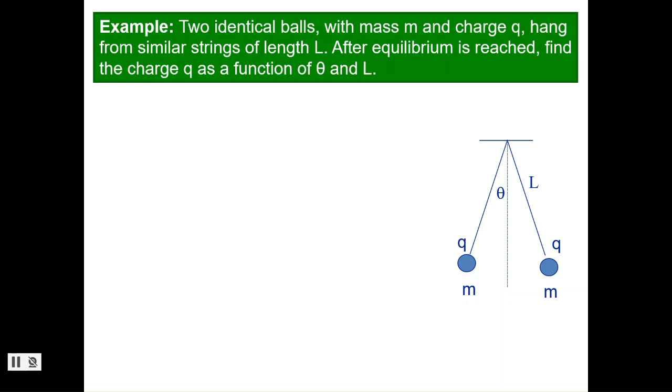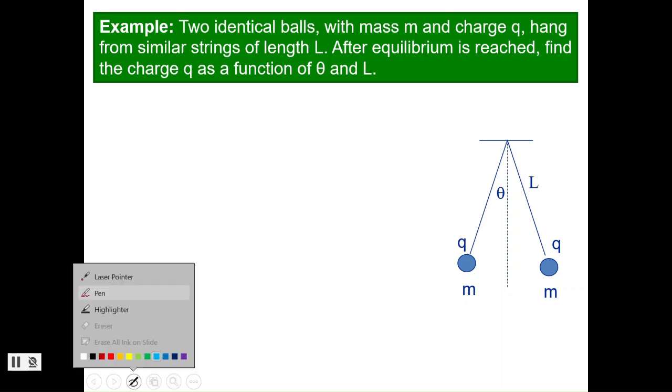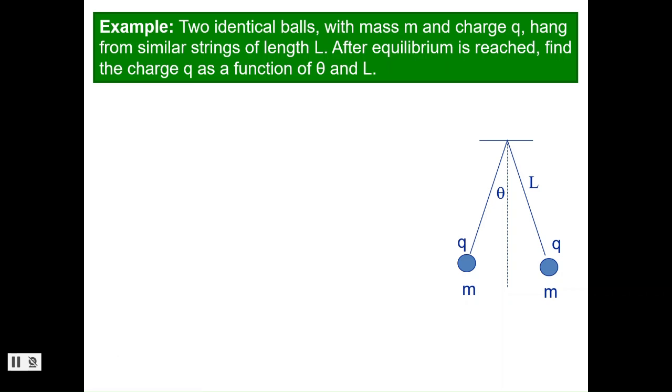So if I want to solve this problem, I need to go back old school mechanics. So I'm going to draw a free body diagram. These are identical spheres, so I only need to look at one of them. I'm going to look at this one on the left. There's going to be a gravitational force pulling this sphere down, and there's going to be a tension pulling up and to the right, and they're going to have the same charge, so they're going to repel. So I'm going to have that electric force